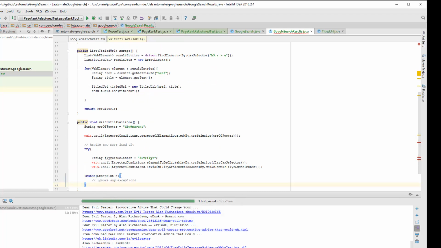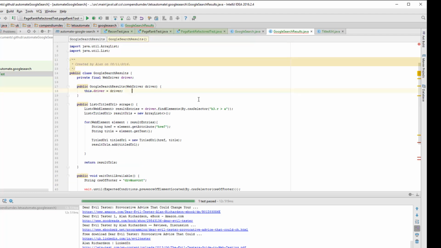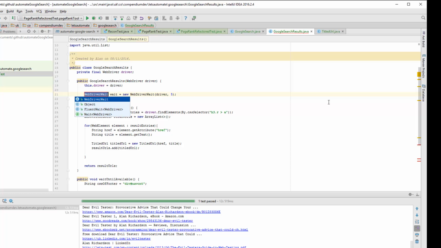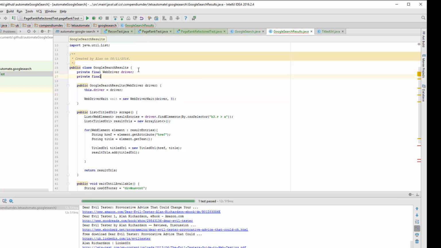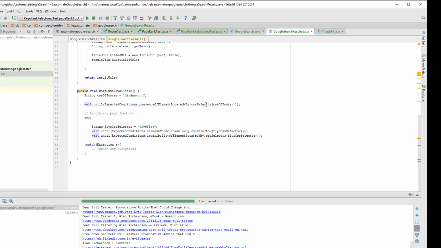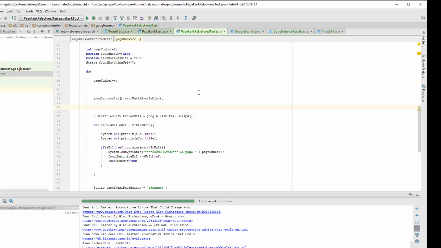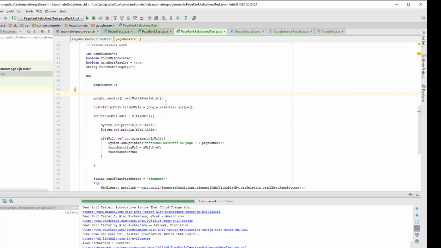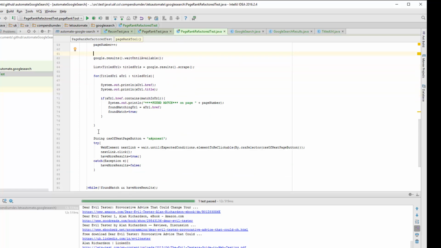So I could create the wait in here, but I'm going to do that up here. Oops, I want that to be a field. Google do a search. Google results, wait until they're available, then scrape them, get them, then this will be get